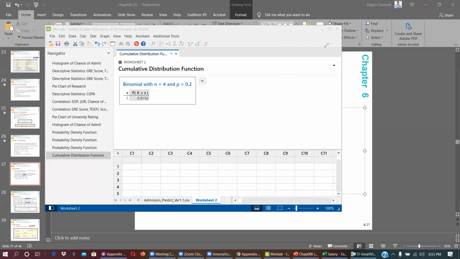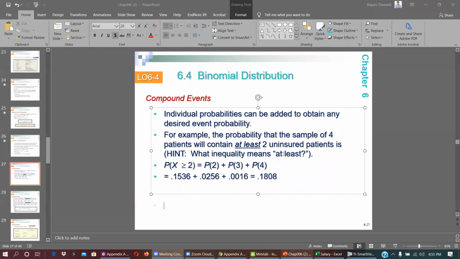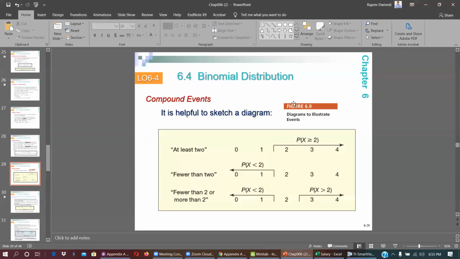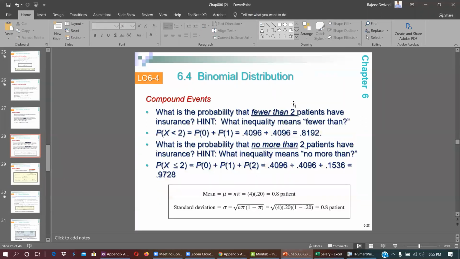So here we go. 18.08 is the answer. If this is clear, let me go to compound event. Are you with me? Are you getting what the compound event probability is? Because this is one of the most difficult concepts in this entire chapter, because people always get confused about which is the correct x value they need to put in the calculator or